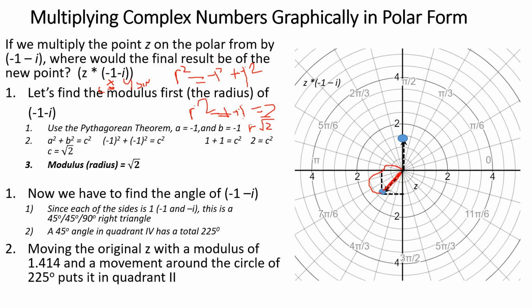And then, like I said, this is a 45 degree. Multiply it times square root of 2. What we're going to get here is, by the way, square root of 2 is 1.414. And it's going to move it 225 degrees around. Because if I move it halfway around,